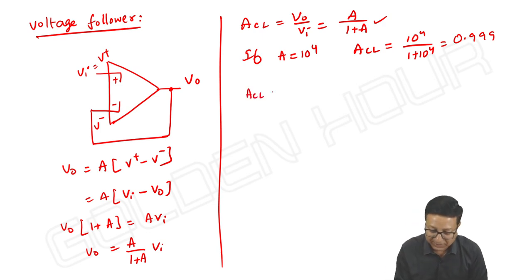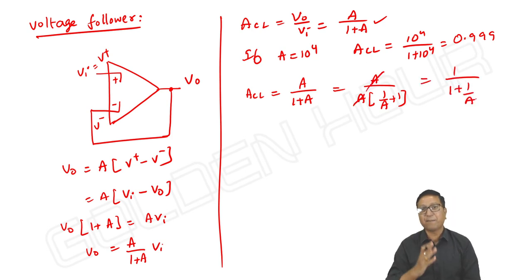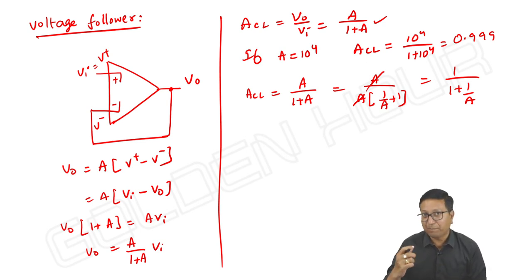What can I write? ACL is equal to A by 1 plus A. Let us take A from the denominator outside. So A cancels. It is 1 by 1 plus 1 by A. This is what I have been doing every time. A tending towards infinity means I am bringing A in the denominator rather than keeping it in the